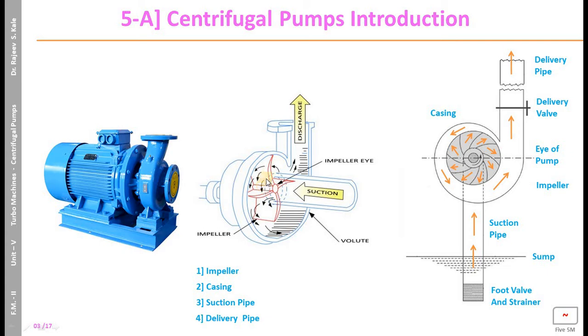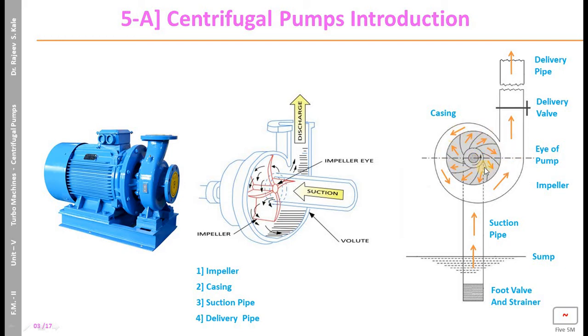The purpose of studying the previous unit, impact of jet. Now we will study the application of impact of jet. What is the impact of jet in the case of a series of plates attached to the shaft? Now this is the case of a series of curved blades attached to the shaft. So such a device is known as an impeller. When you attach n number of blades to the shaft, it is known as an impeller. This is the eye of the impeller.